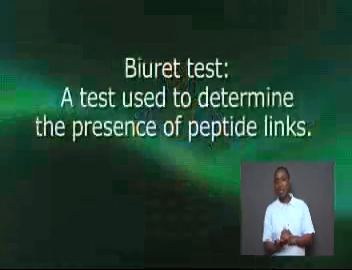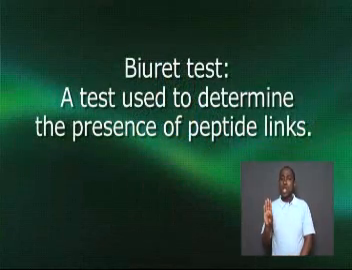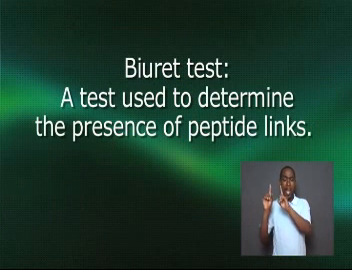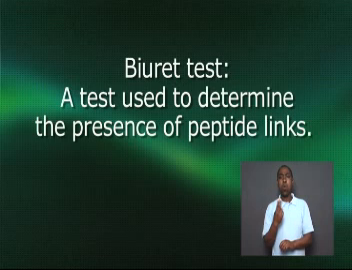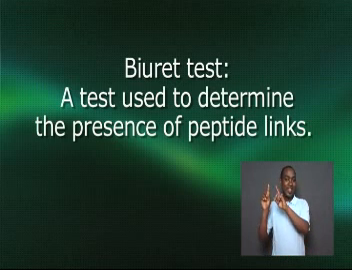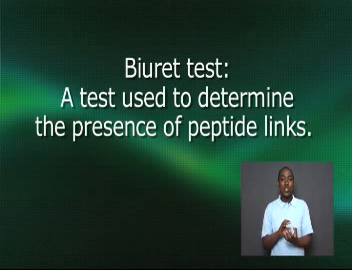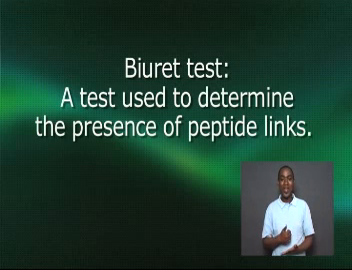Students, now that we have an understanding of the structure and functions of proteins, let us look at a test that can determine the presence of proteins in food substances. The Biuret test is a chemical test that is used to detect the presence of peptide links. This test can determine the concentration of proteins in a substance because peptide links occur in the proteins per amino